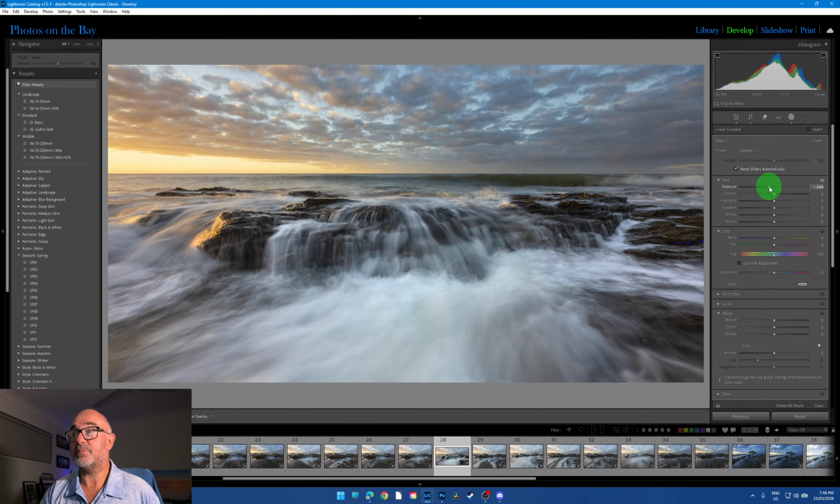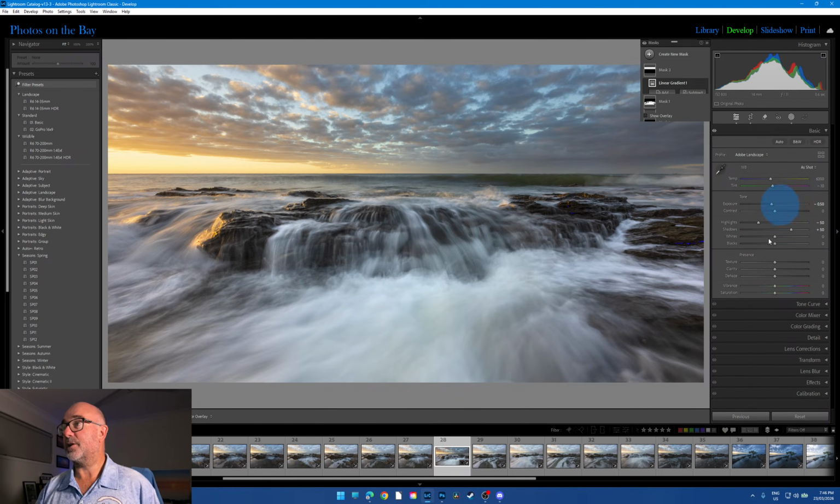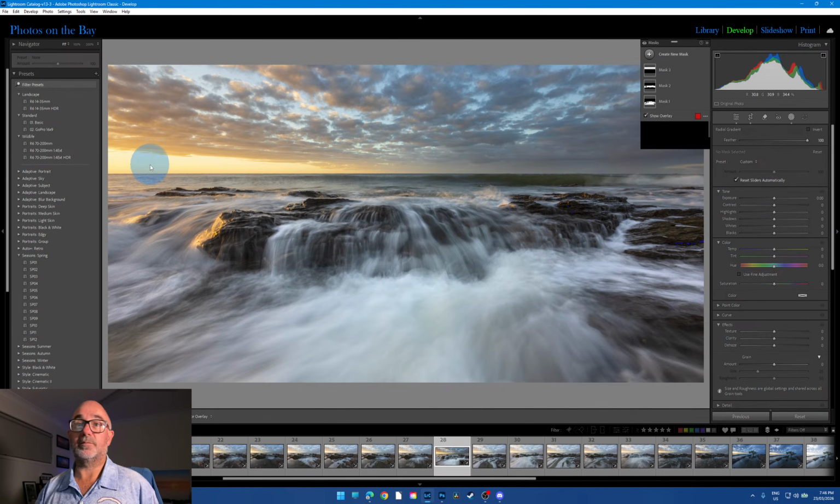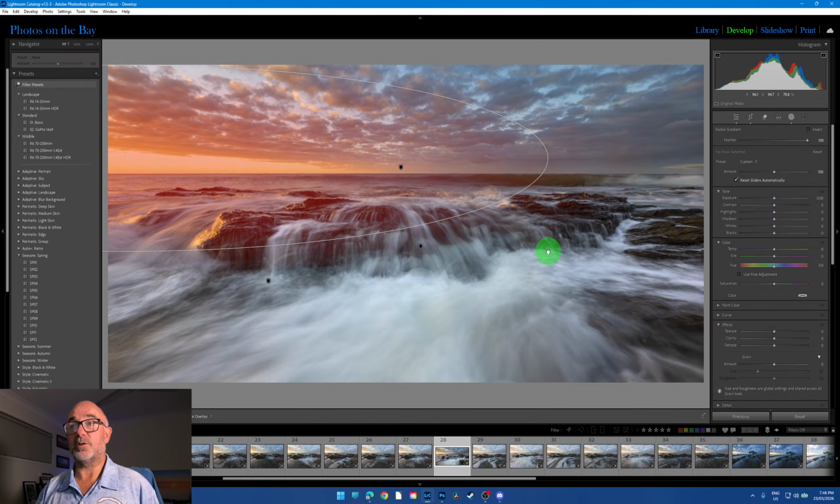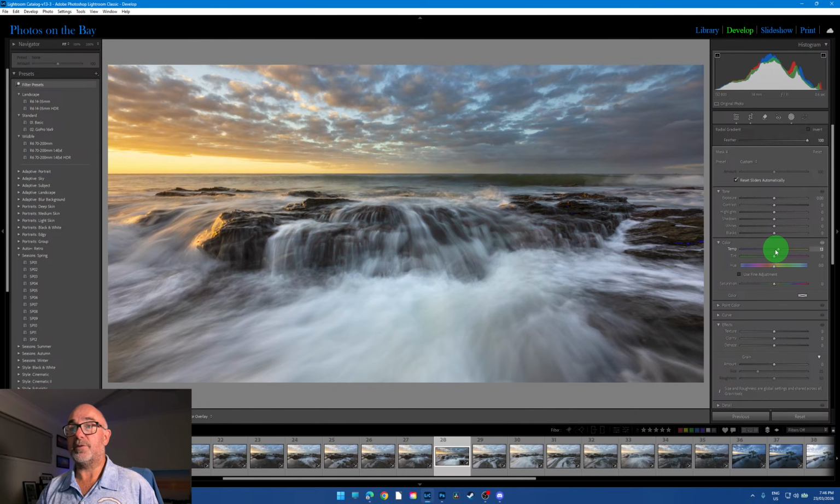And again, this is one where I don't know whether to go bright or dark and moody, so I'll just get it somewhere in between. I'm going to grab a radial gradient, and I'm going to bring in this golden glow a little bit. I'm just enhancing what's already there. We've already got a bit of a golden glow, so I'm just going to enhance that